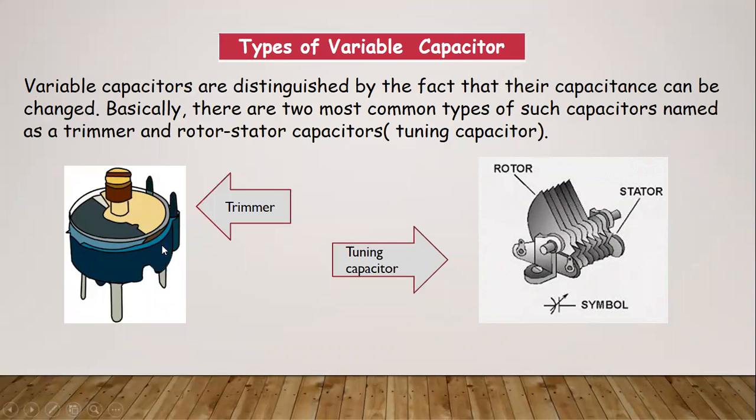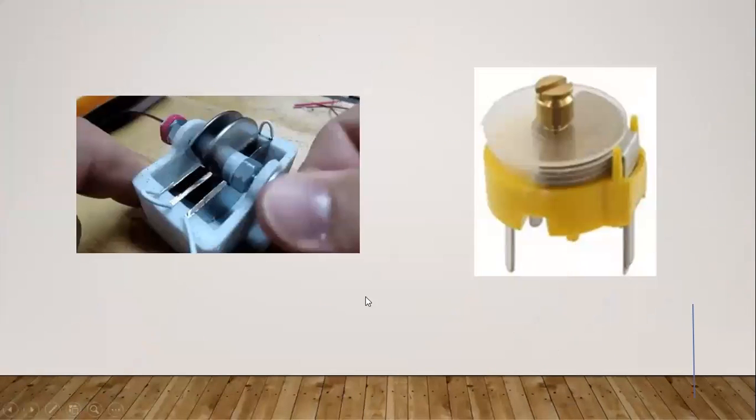Now you can see there are two major types of capacitor: the tuning variable capacitor and the trimmer. They have plates also, so you can see this yellow is a plate, and with the help of a screwdriver or something we can rotate these plates and increase or decrease the area. Similarly in this one, one plate is fixed and the other is moving, so we can increase and decrease the area of the plate so that the capacitance can be varied to a certain value by using these capacitors.